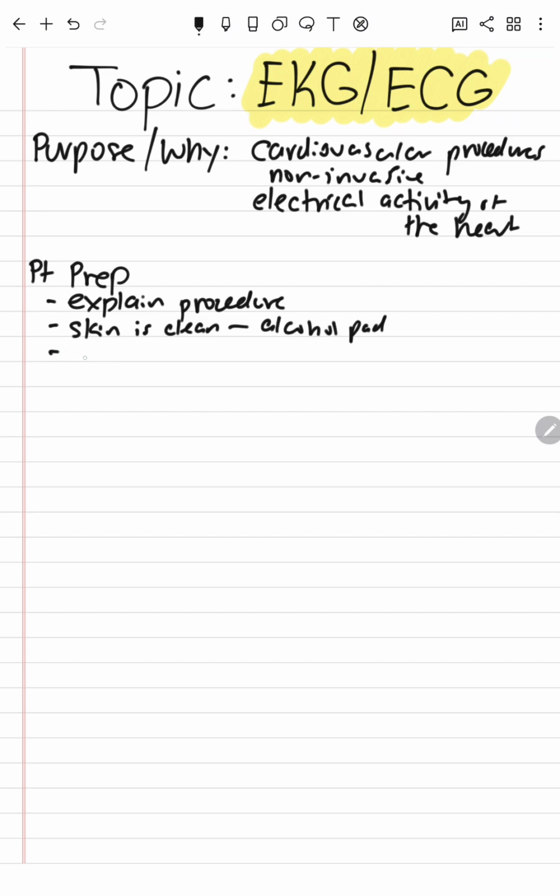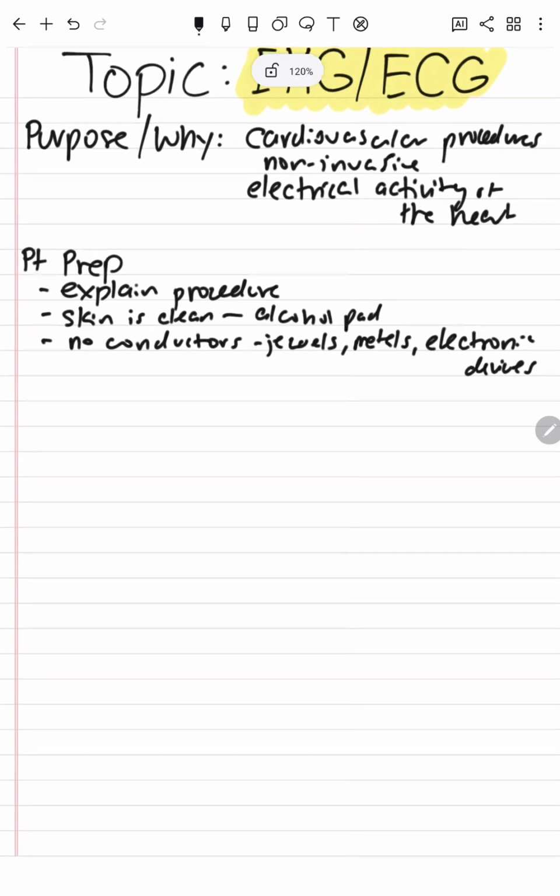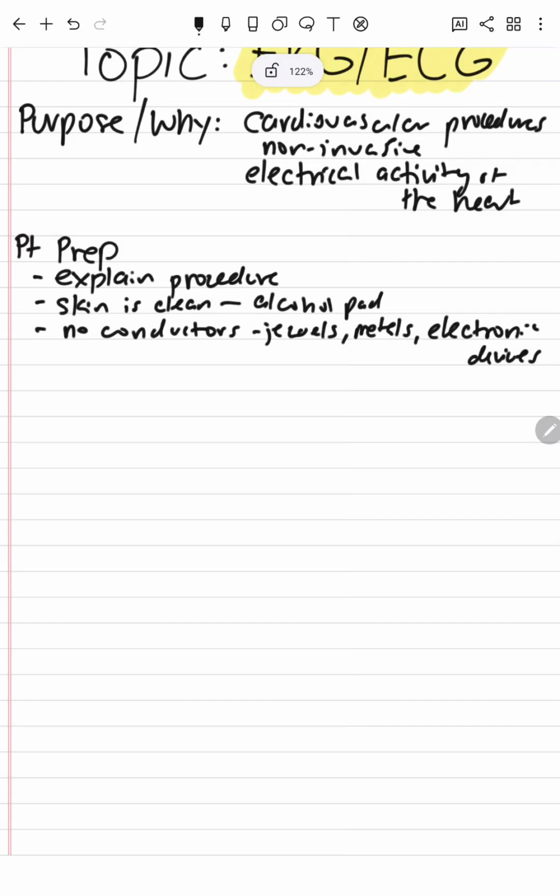I have to make sure there's no conductors. So that can be anything like removing jewelry, removing metals or piercings, electronic devices, right? Making sure my patient doesn't have anything on them that might affect this test. So making sure the skin is clean, I'm explaining the procedure, making sure nothing is going to cause any artifacts like conductors. I'm going to make sure that the equipment is working, of course, which also means I have to